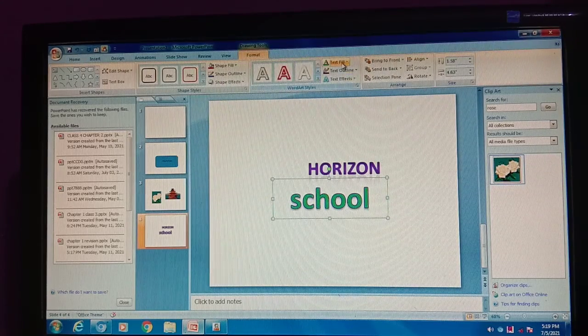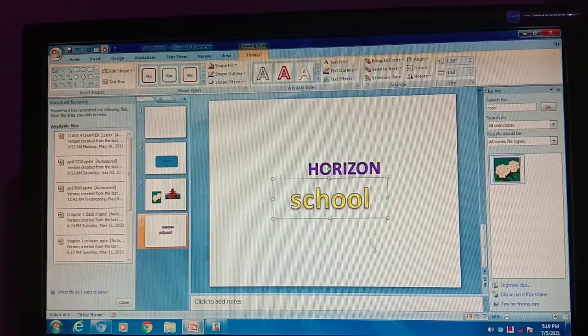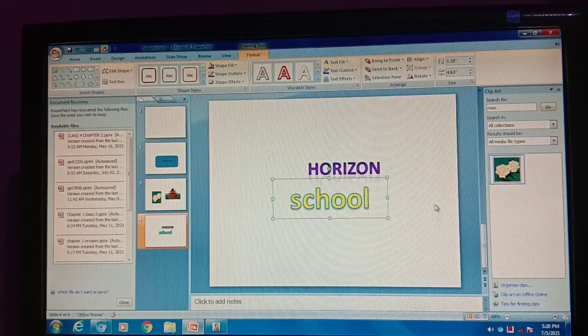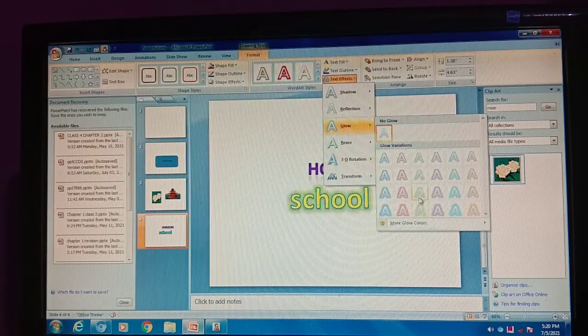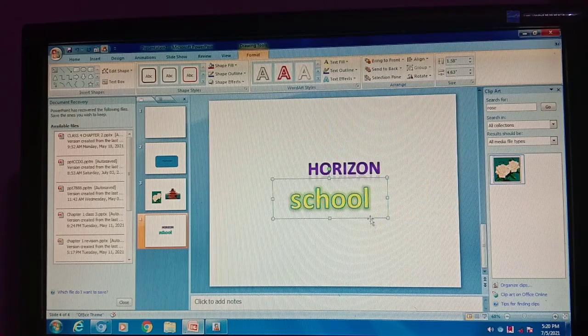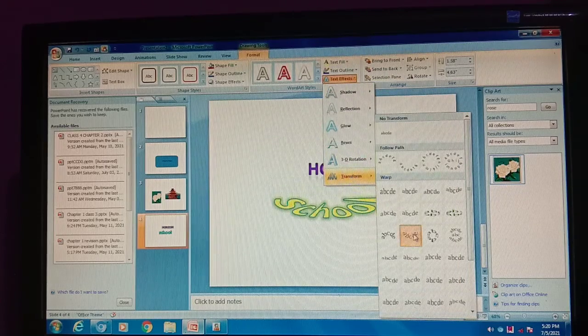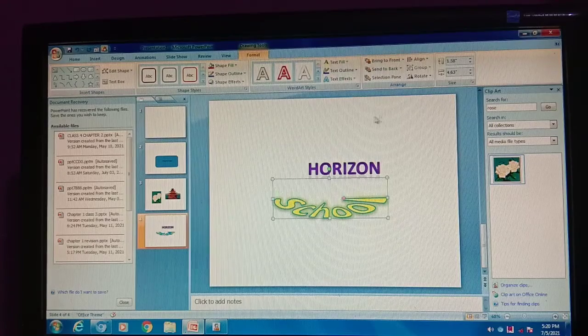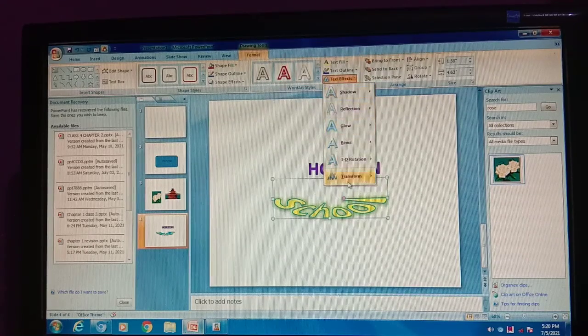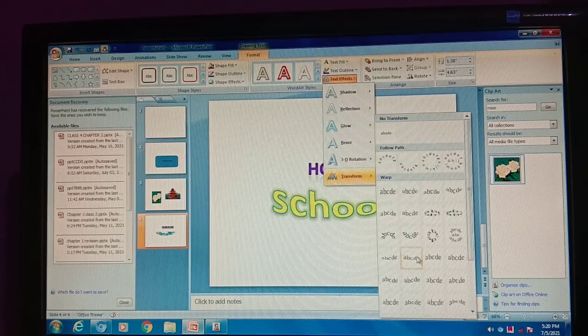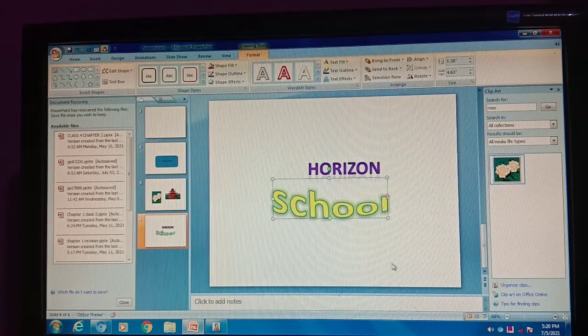I am just making it yellow from inside and blue from outside, and I am also making some type of effect on it like this. Many types of effects are there like this. So you can choose these effects.